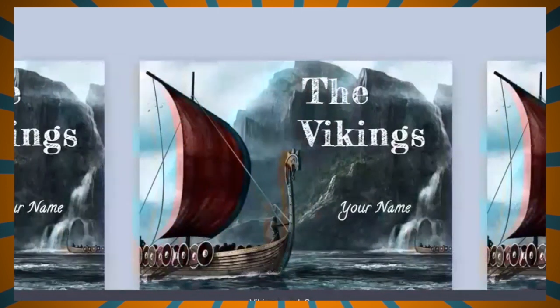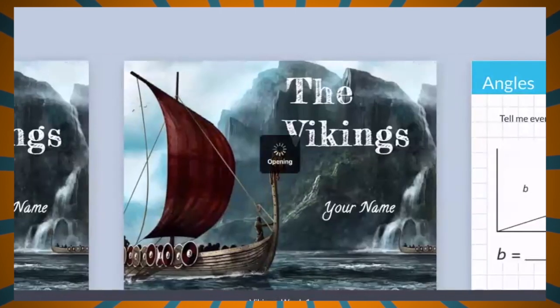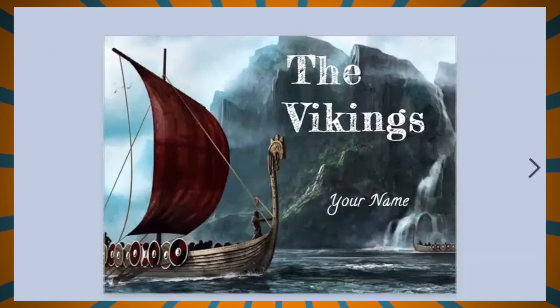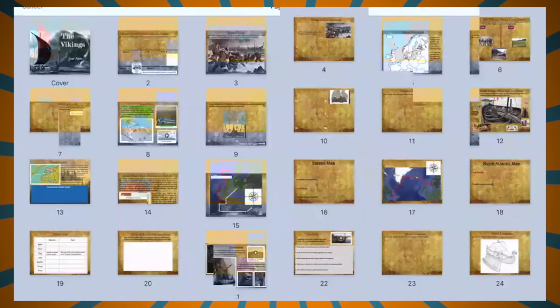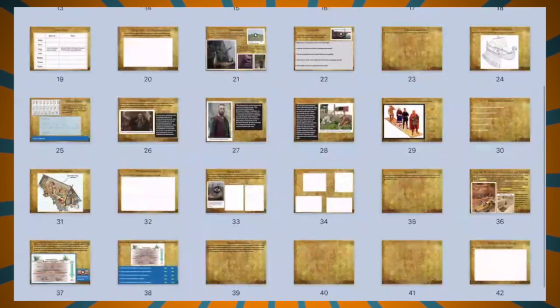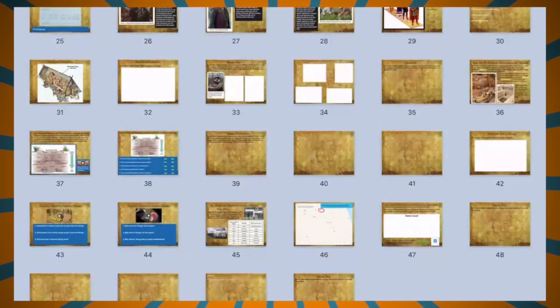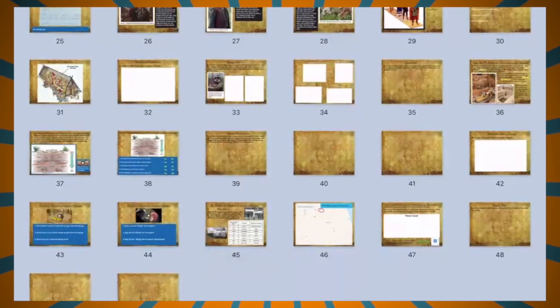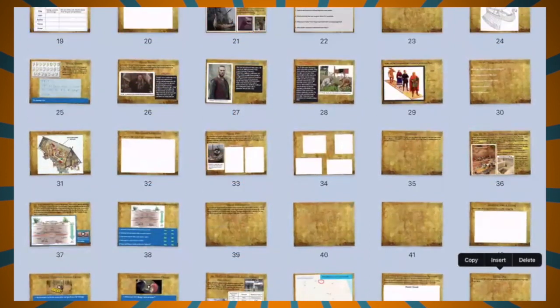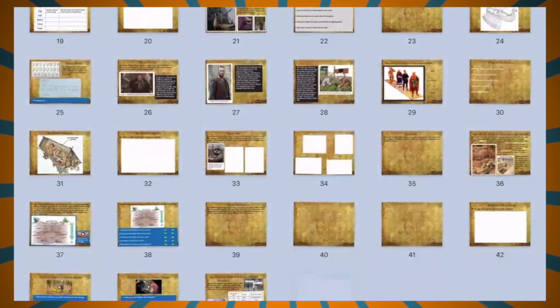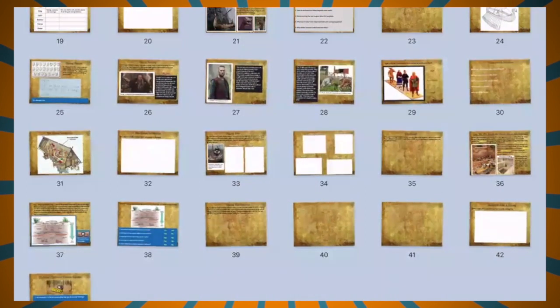So what I want to do now is go into week 1's book, and delete all the pages that are not to go to the children in week 1. This is the easiest way to do this. So I go to my pages menu, which is up at the top here, and I can see all the pages that are in this book. What I need to do is click on edit on the top right, and one at a time, delete the pages. Yes, it takes a minute or so to do,